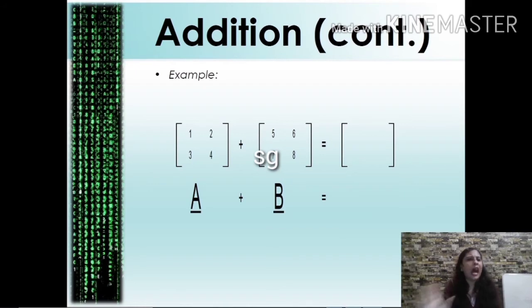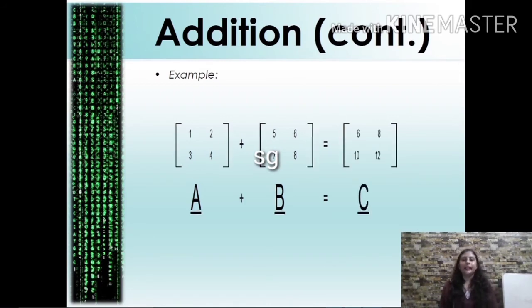So here, how will we take the addition? Simply add 1 with 5 and write it corresponding to the first element of the resultant matrix. Similarly, add 2 with 6, 3 with 7 and 4 with 8. So the resultant matrix is 6, 8, 10, 12. Please check it. At times we make silly mistakes with the numeric values. So here you see 1 plus 5 is definitely 6, 2 plus 6 is 8, 3 plus 7 is 10, 4 plus 8 is 12. So the resultant matrix C, which is 2 cross 2 again, is of this form.